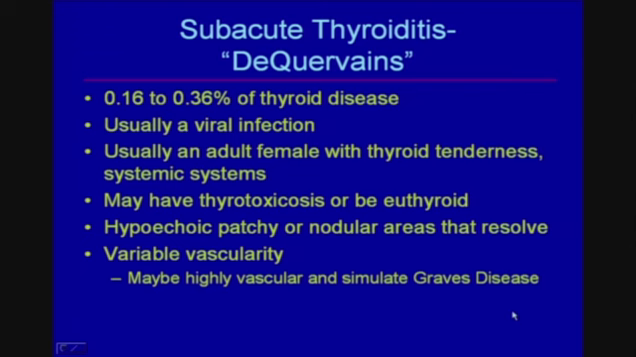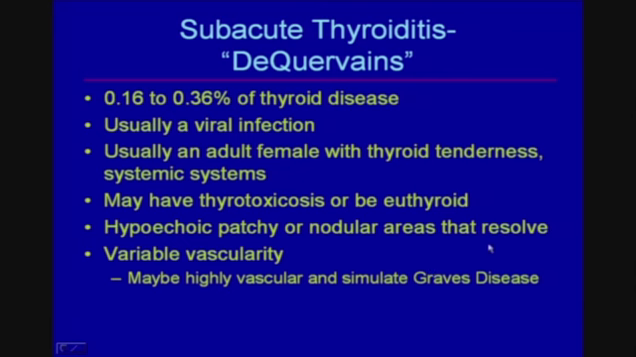This is relatively unusual. It usually presents after an upper respiratory or other viral infection, and the patients present with symptoms, either thyroid tenderness and/or systemic symptoms such as low-grade fever, sore throat, and so forth. The patients may have thyrotoxicosis, but many of them are euthyroid at the time of presentation. The presentation is that of a hypoechoic and patchy thyroid that can have nodular areas, and the key is that